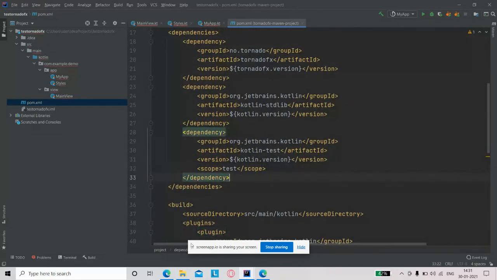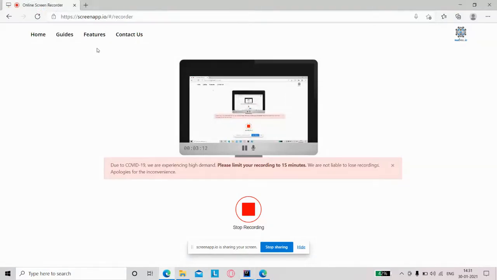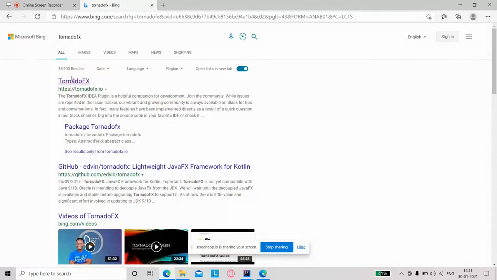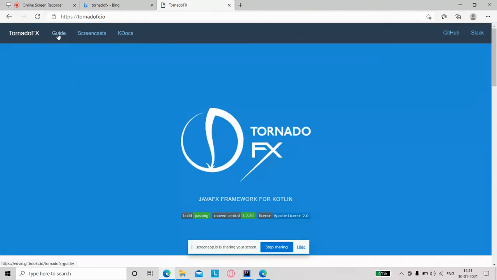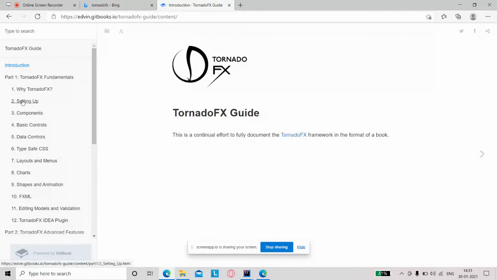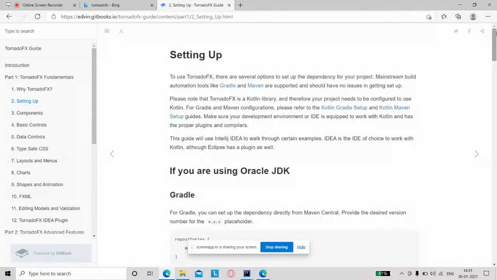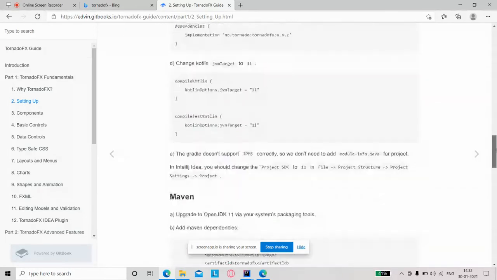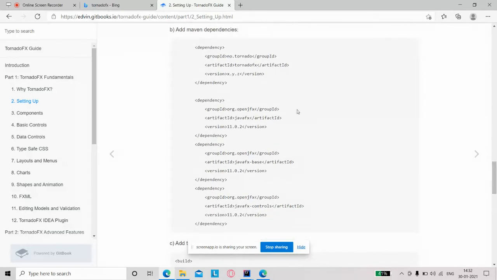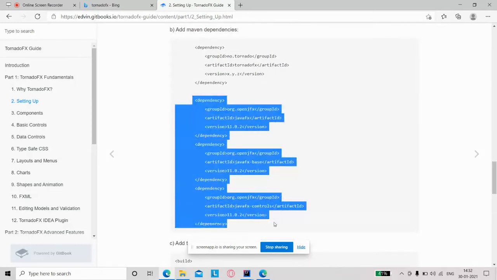For that, open your browser and type TornadoFX, then select the tornadofx.io site, select guide, then click on the setting up link, then scroll down. You can see some of the Maven plugin here. Then select these three dependencies